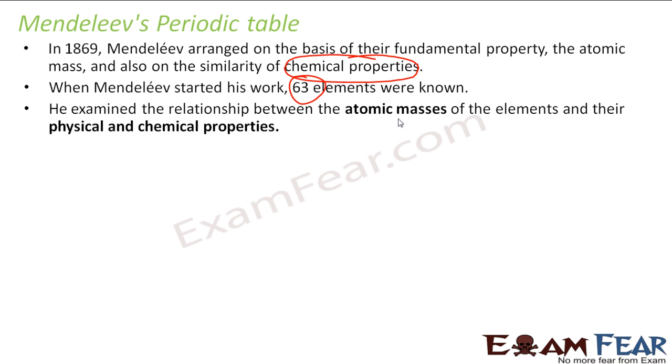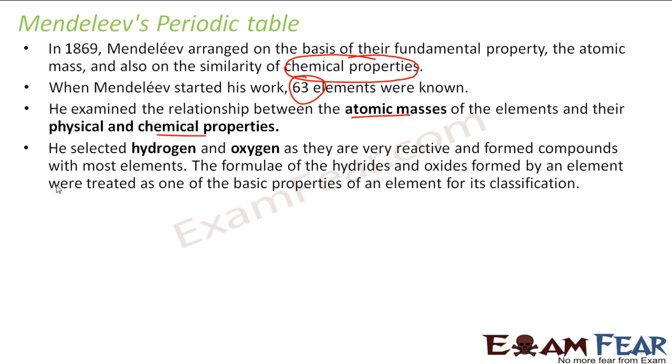He first tried to find the relation between atomic mass and the chemical and physical property. And to find the chemical properties relationship, he selected hydrogen and oxygen because they were very reactive and they formed compounds with most of the elements. So he reacted most of the elements with hydrogen and oxygen, and the way it reacts with hydrogen and oxygen,